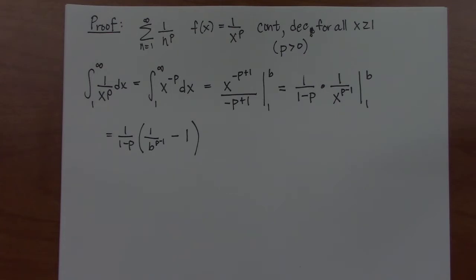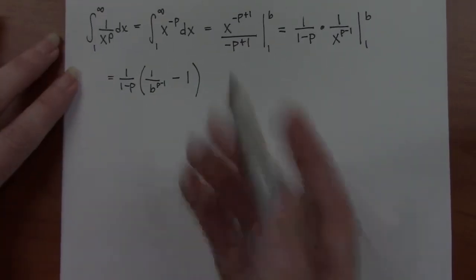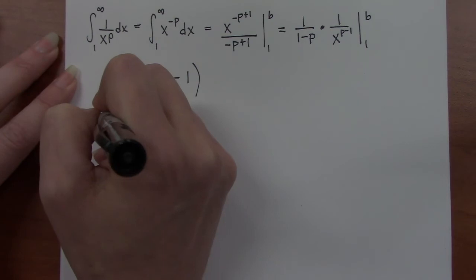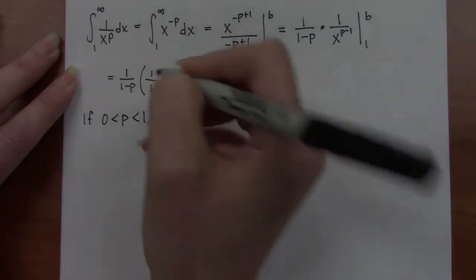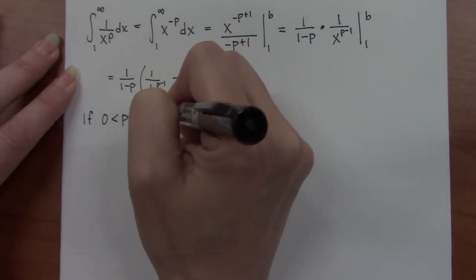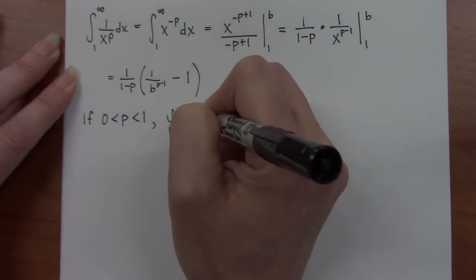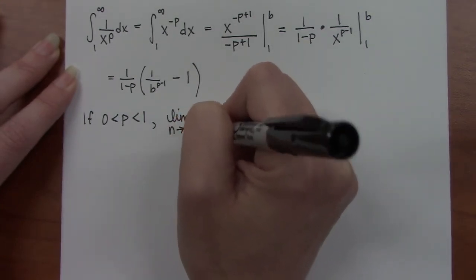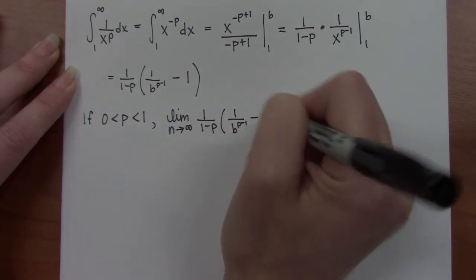So now I have to evaluate the limit of this, but I'm going to have to do this in cases because I have a couple of options for p. The only condition I set at the beginning of the proof was that p had to be positive. So let's look at a couple of cases. If the value of p is between 0 and 1, then the limit as n goes to infinity of 1 over 1 minus p times 1 over b to the p minus 1 minus 1,